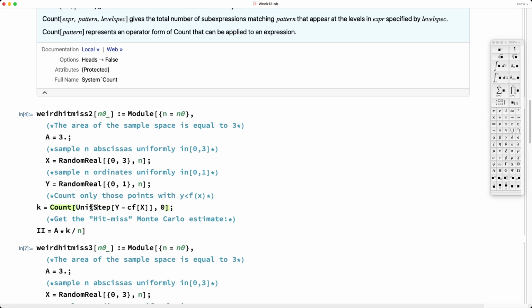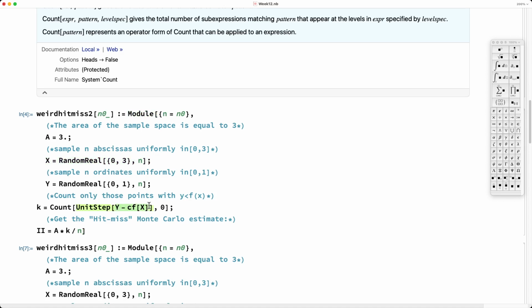The unit step function is 0 if the argument is negative, and I'm sorry, if the argument is positive, then the unit step function is 1. So if I take y, the list of the y values that I get from here, and I subtract the list of f of x values that I get by applying f to the x list here,